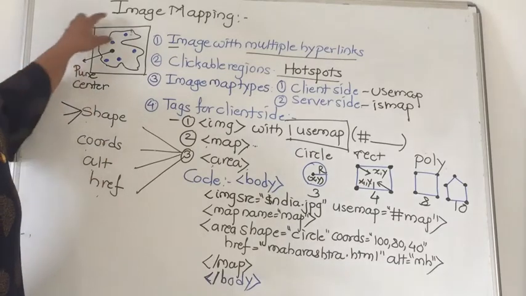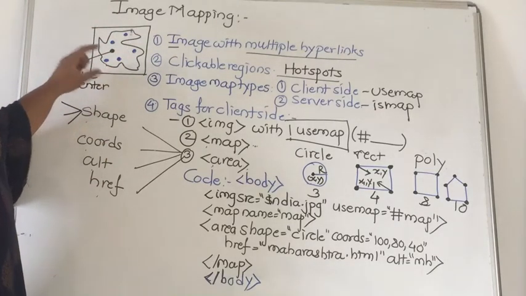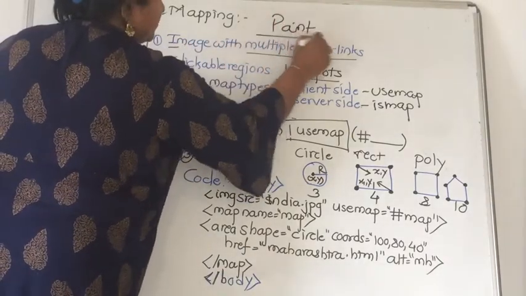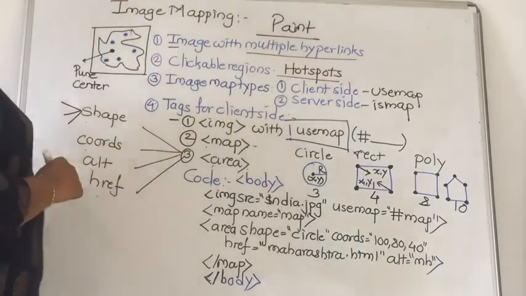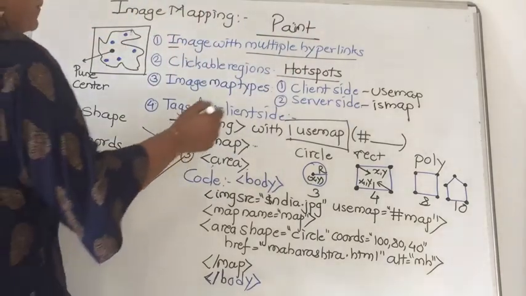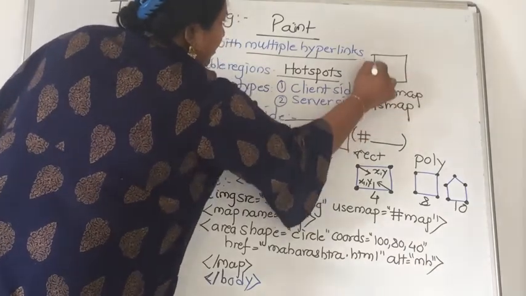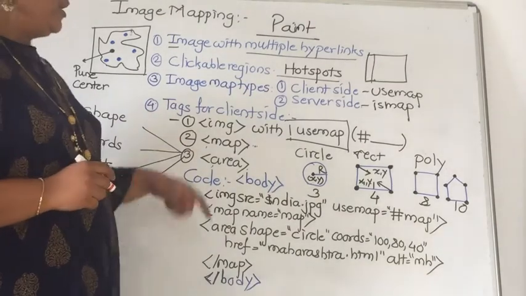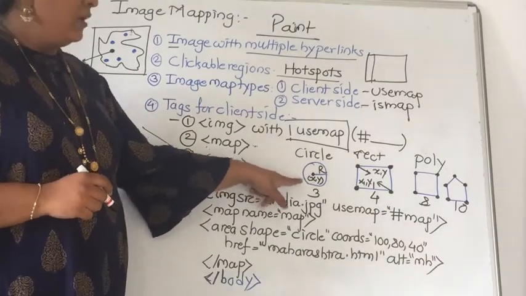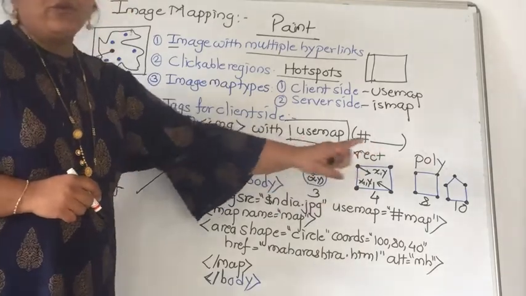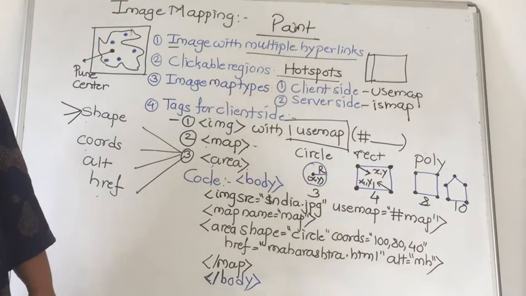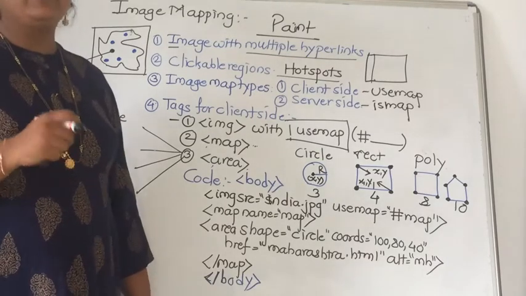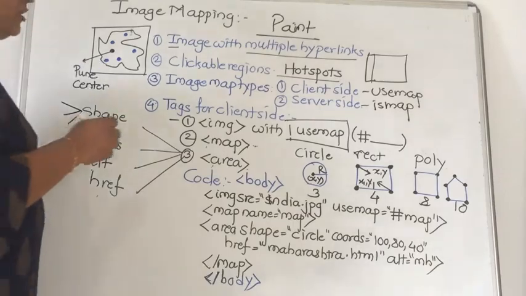So first, whatever image you take, you will open that image in the Paint application program. So the same image will get opened in Paint. Now in Paint, you will get several different tools on your left hand side. From these tools, on the image, you have to draw a circle, a rectangle, and a polygon, such as a square or a separate polygon. You have to draw these shapes in such a way that they do not overlap each other.